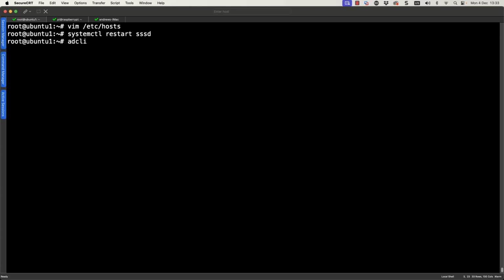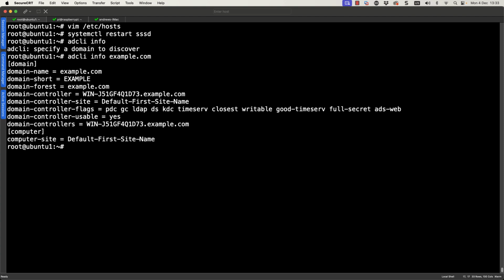We can run our adcli info. We can see, though, that it prompts me that I must also specify the domain. So this is the domain, not the realm we're looking at now, so we can use lowercase. And you can see then that we've got the NetBIOS name, we've got the fully qualified name, and we can see the domain controllers that represent this system. Now, I've only got the one domain controller, so it's both the domain controller that I'm connected to, as well as appearing in the list of domain controllers.